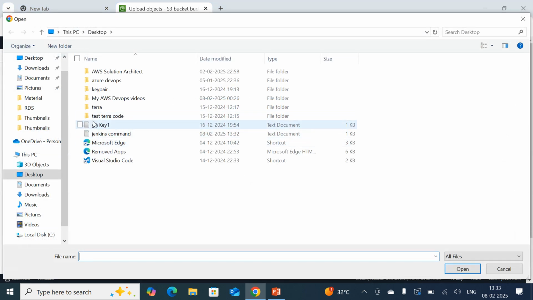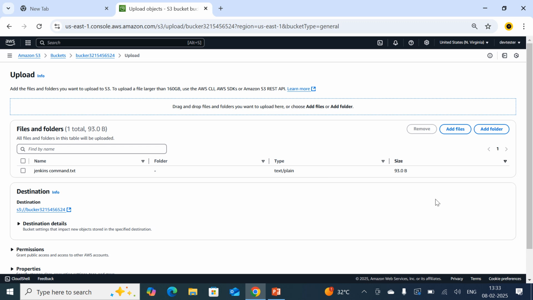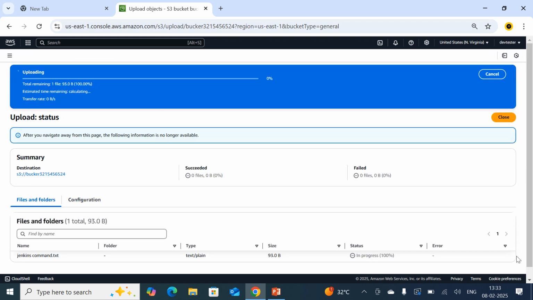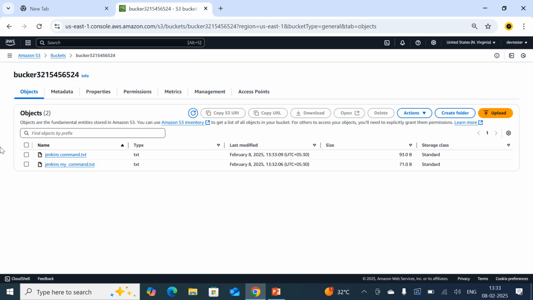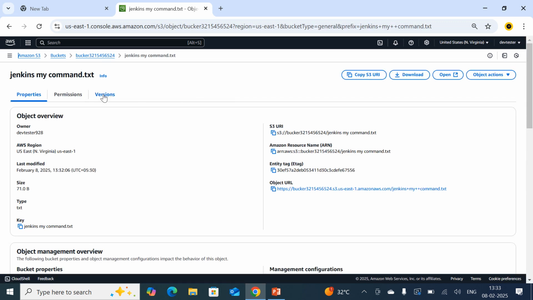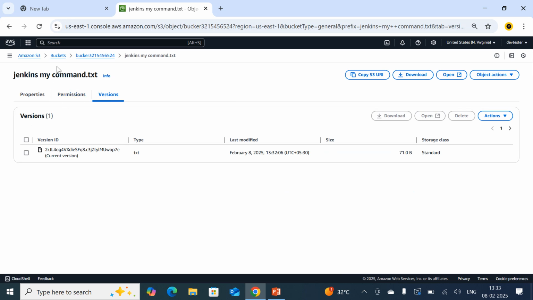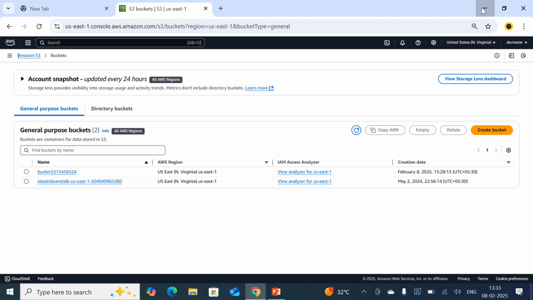Yes, add files, and where it is, Jenkins command, enter, upload, close. So here, if you go to this, do you have any two versions? Yes, only we have one version.